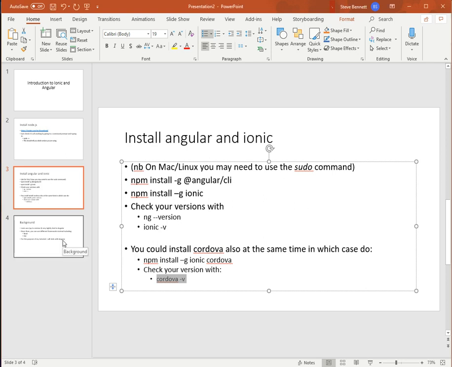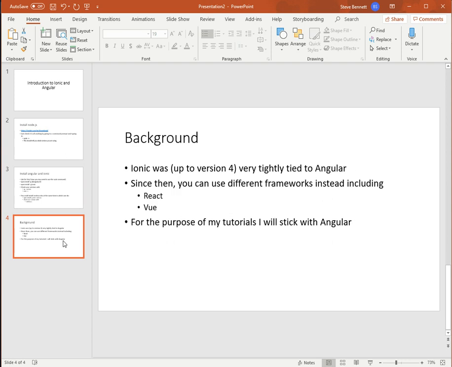Having got all that done, I'll just explain the way I'm going to proceed before I go on to anything else. Now, Ionic up to version 4 was very tightly tied to Angular, so really you had to know Angular in order to do anything with Ionic. But since then, the popularity of other frameworks has increased, such as React, which is very much associated with Facebook,